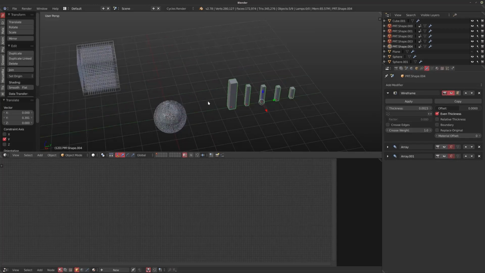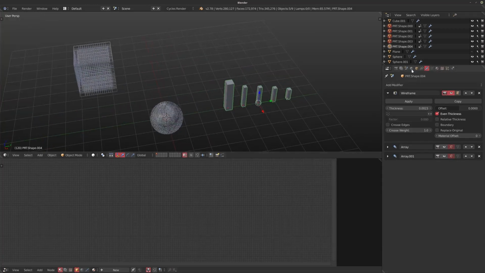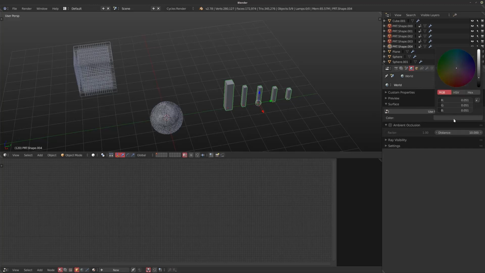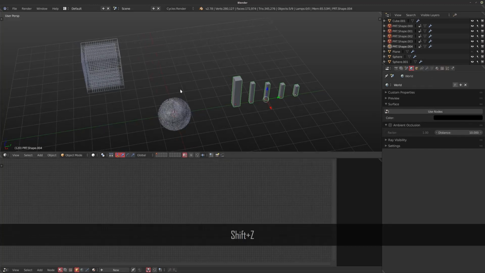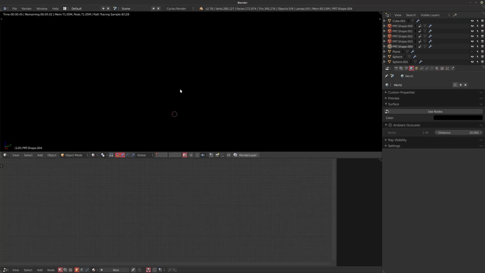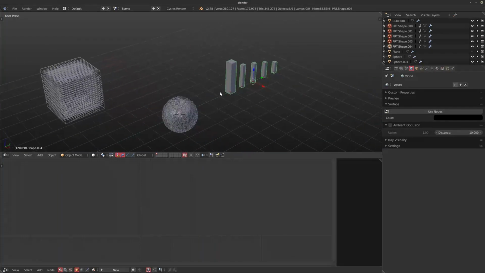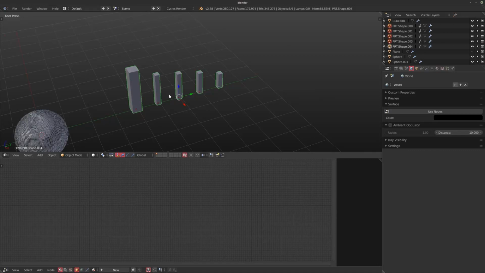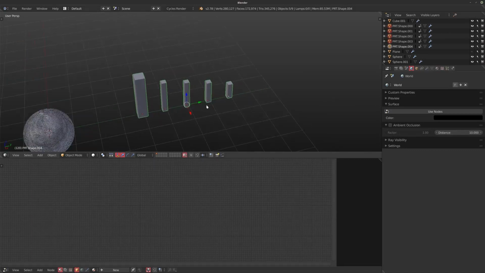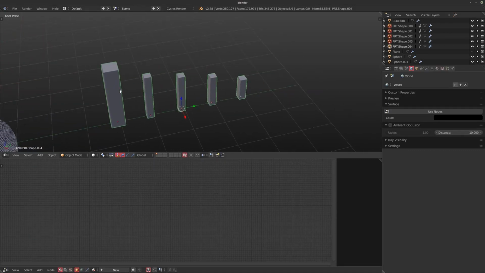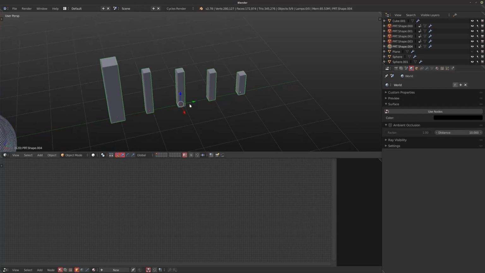So when you're doing this UI type workflow, or at least when I'm doing it, I like to set my environment completely to black. So I've set this to rendered very quickly. You can see we can't see anything because there's no light anywhere. Now the reason I like to do this is because we want to start shading these individual elements and make sure they get the right effect and look interesting. Now a lot of this UI stuff is lighting up by itself. So that's why I like to set this to black so you can see exactly what we're doing.